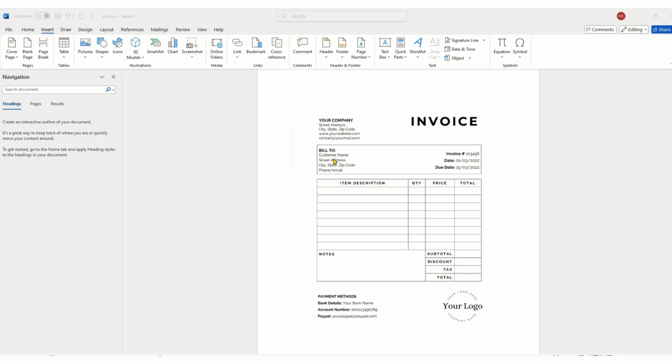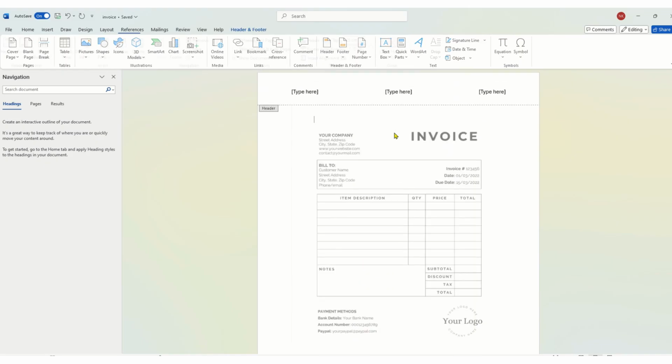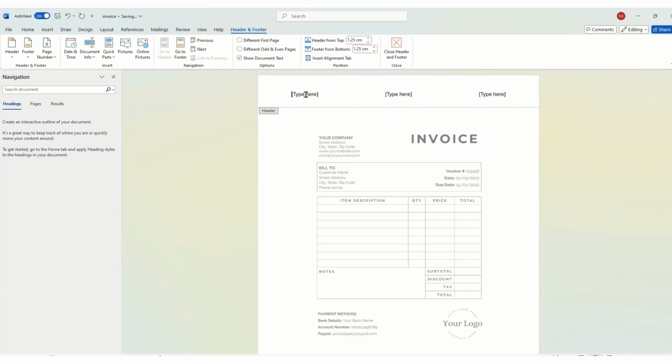For example, if this is your invoice, I want my header to show the name of the company, the invoice number, and the date that I'm preparing this invoice on all the pages. So let me add a header here. Now for header also, see there are different types of ready-made templates that are given. Now I want to use this one because I anyways want to add three different items. So for example, I can type here my company name. Say my company name is ABC Company,